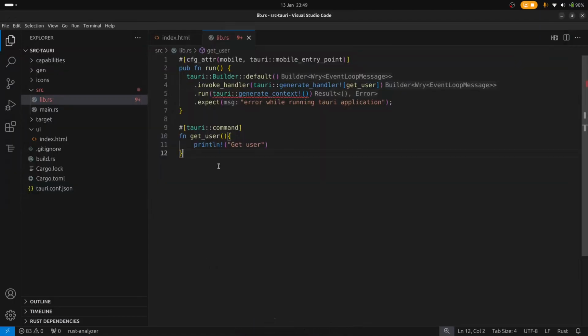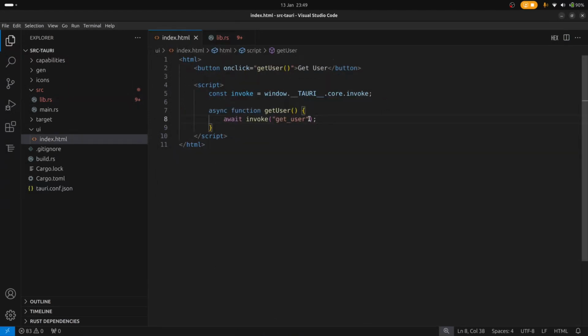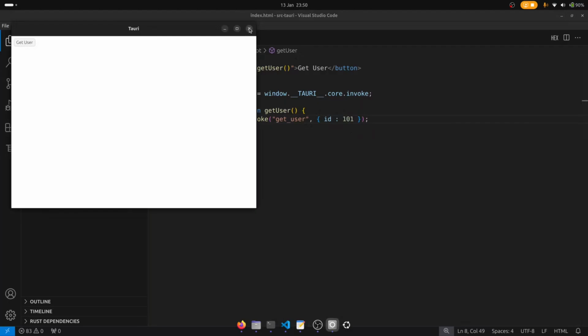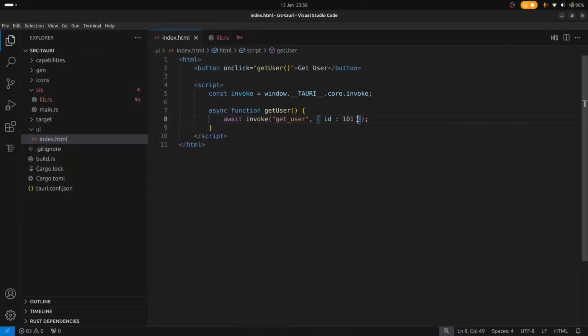But we also want to be able to provide some arguments to the Rust function as well. And we can do that by providing a list of Rust arguments as an object. So let's say, for example, I want to say get user and I want to provide an ID of say 101. So this is the ID that I want to have Rust return. We haven't set up a user with the user ID 101, but I'm just giving you an example here. The argument is always provided as a JavaScript object, and the property is the argument for the Rust